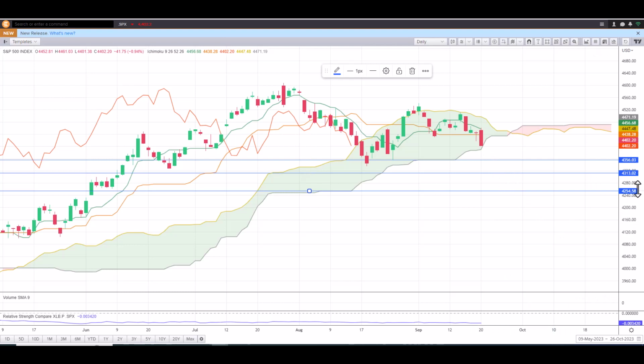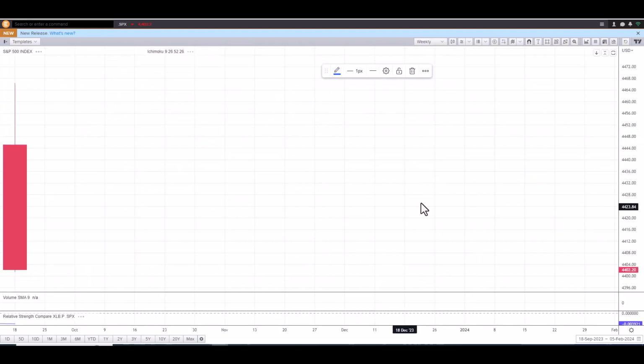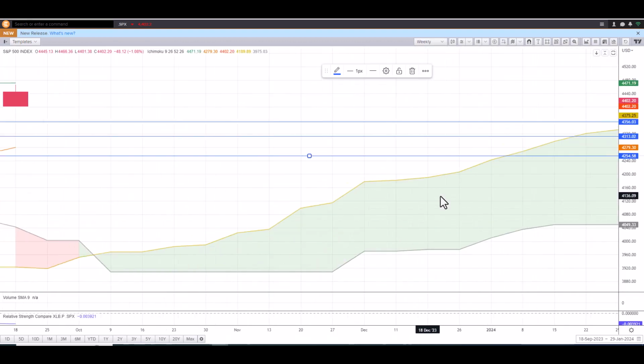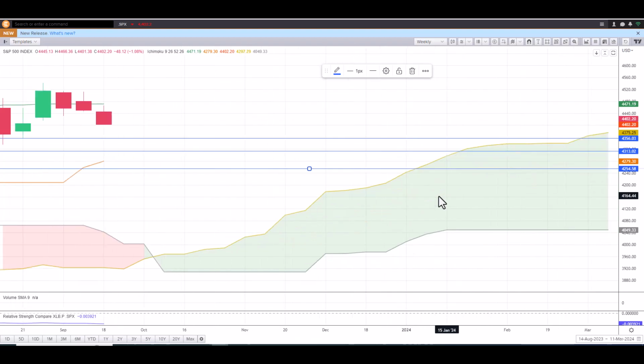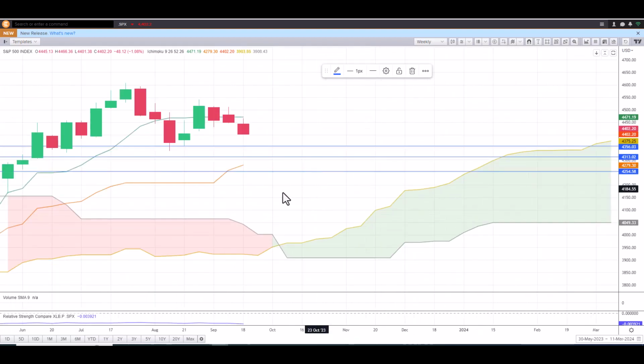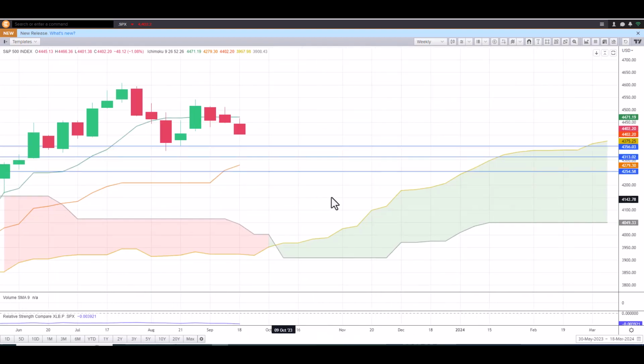It's 4356, 4313 basically, and 4254, 4250. These are the downside risk targets on the daily. Now, if we turn to the weekly Ichimoku, price action is still above the cloud. That's bullish long term. You can see the downside risk there, the daily support targets there, as well as the